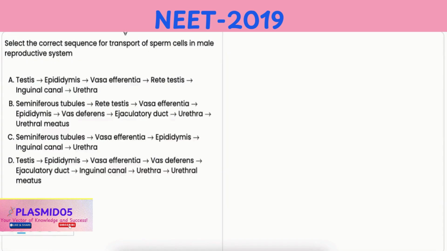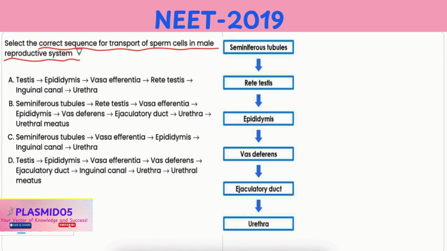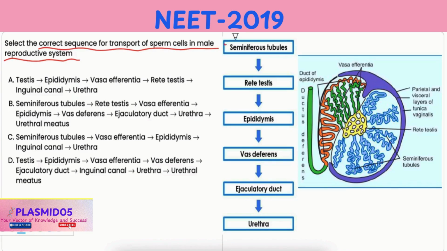In this question, you have to identify the correct sequence for the transport of sperm cells in the male reproductive system. Now, it starts with seminiferous tubules, that is, the site of sperm production within the testes, followed by rete testis, that is, the network of tubules, followed by vasa efferentia, followed by epididymis, which is a coiled tube where sperm mature and are stored,